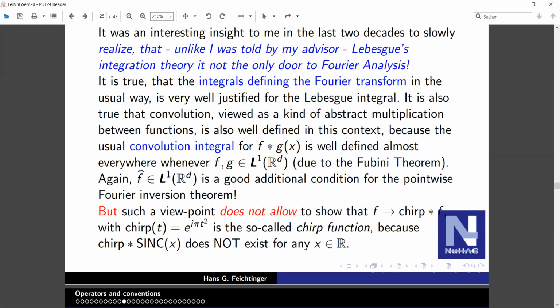Just one word about Lebesgue integration theory. Of course, no doubt, it's natural to assume integrability in order to define the Fourier transform as an integral transform, to define convolutions pointwise almost everywhere. But even this good and perfect Lebesgue integration theory does not allow you to show that the convolution with the chirp signal, which is e to the pi i t squared, is well defined. And remember the derivative of the phase, which is 2 pi t, is linear. So it's a linear frequency